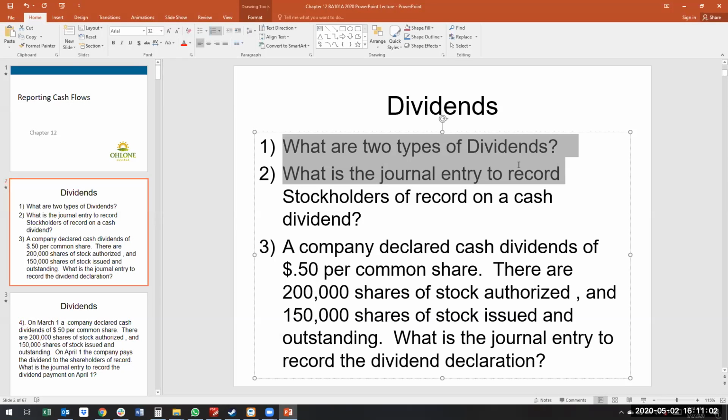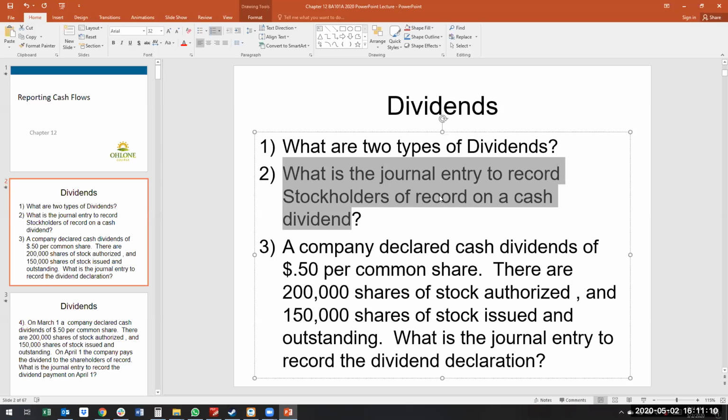So two types of dividends, stock and cash. There's a third type you're not going to be tested on called property dividends, right? We can issue property. And then the journal entry on the date of record, there's 3 dates. There's the date of declaration, the date of record, the date of payout, or the date of payment. The date of declaration is when the board declares there's a dividend. The date of record is when we register it with the SEC or we record it. And then the third day, the date of payment is when we pay it out. The journal entries only occur on the date of declaration, the date of payment,